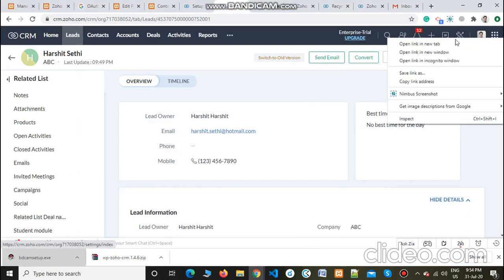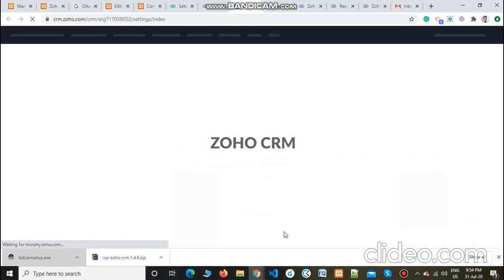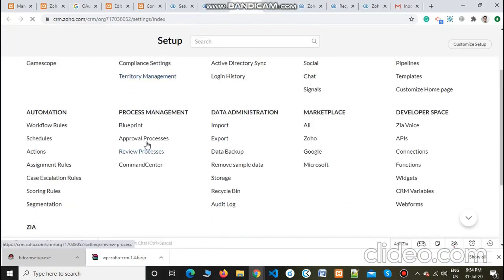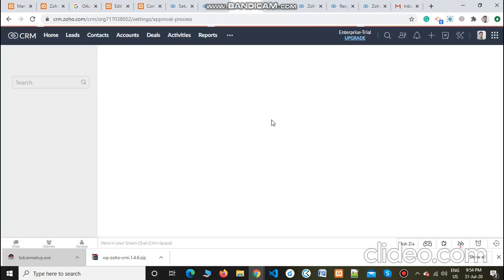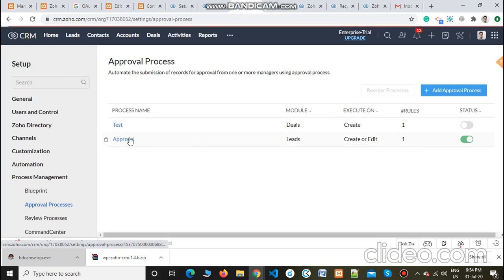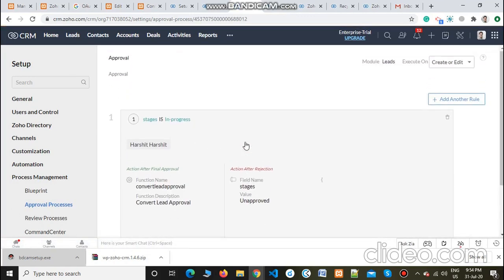So I'm going to the approval process first. We need to implement the approval process. Here I am selecting the approval process. This one is the approval process which is implemented.